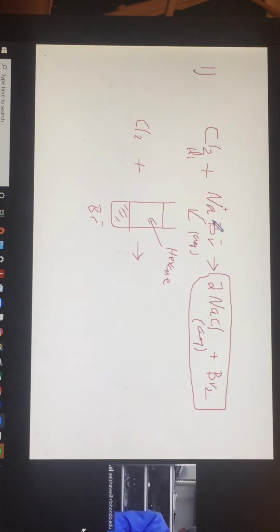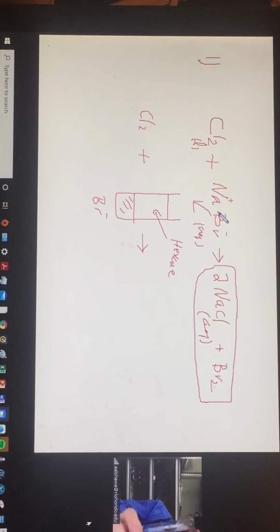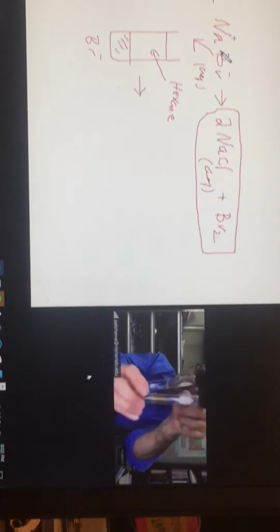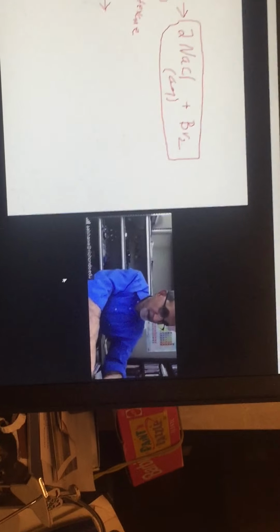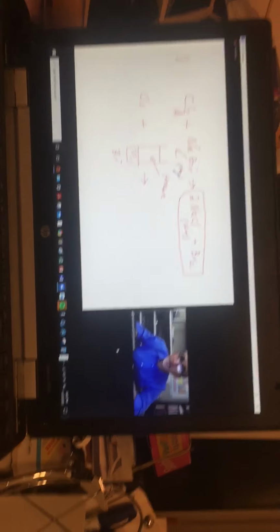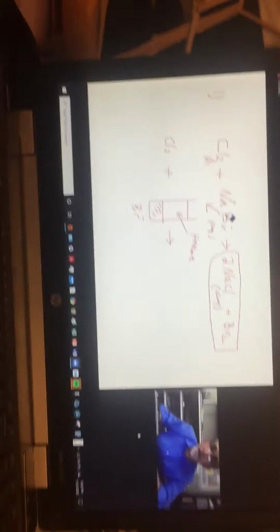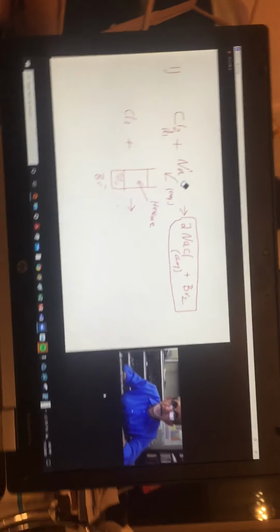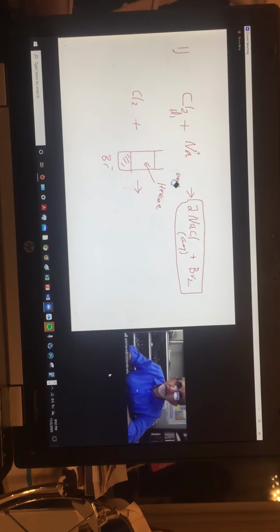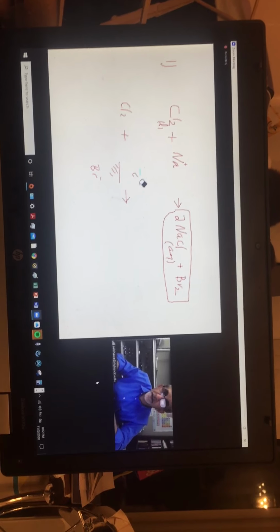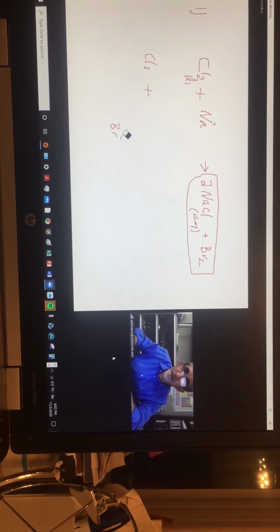If there's a reaction, the outcome is different. So this is no reaction, this is reaction. This is the addition of chlorine to the bromide. What if you added chlorine to sodium iodide, for example? Any question about this reaction? How would you tell them apart? How do you tell the difference between the chlorine versus the bromine versus the